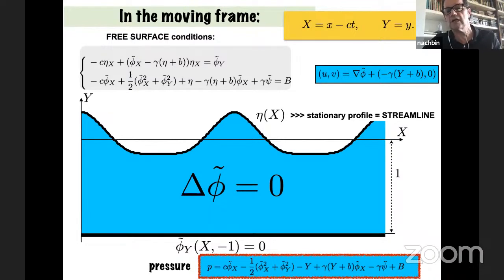Down there, you can see an expression for the pressure, because I'm going to tell you what this pressure anomaly is that is already in the paper by Teles da Silva and Peregrine, and that Adrian constantly called our attention to. And so we have this stationary profile, but actually we don't know the wave profile. We have no hint for it, and we need to compute it using a Newton continuation method. We can use the irrotational profile as an initial guess, but we have to move it on to get the right profile.